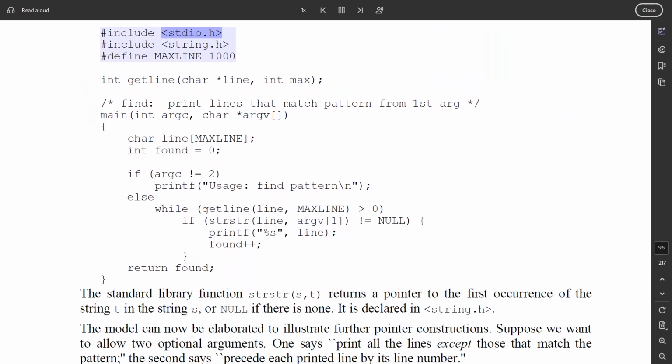#include <stdio.h> #include <string.h> #define MAXLINE 1000 int getline(char *line, int max); /* find: print lines that match pattern from first arg */ main(int argc, char *argv[]) { char line[MAXLINE]; int found = 0; if (argc != 2) printf("Usage: find pattern\n"); else while (getline(line, MAXLINE) > 0) if (strstr(line, argv[1]) != NULL) { printf("%s", line); found++; }